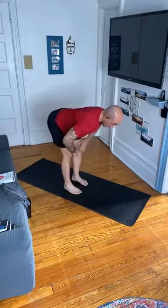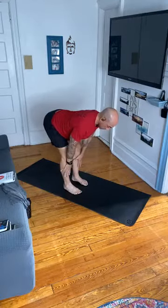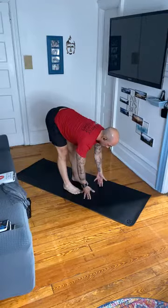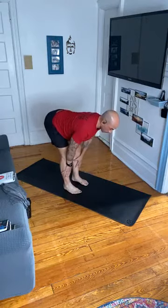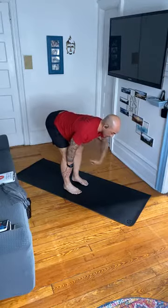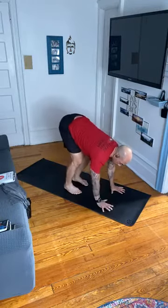Inhale, hands to thighs. Maybe you have the flexibility to go hands to shins, or if it's in your wheelhouse, maybe you're able to bring fingertips to ground. Whatever you choose to do, make sure it's comfortable for you. Take a deep breath in, and on the exhale, plant one hand down on the ground, plant the other,